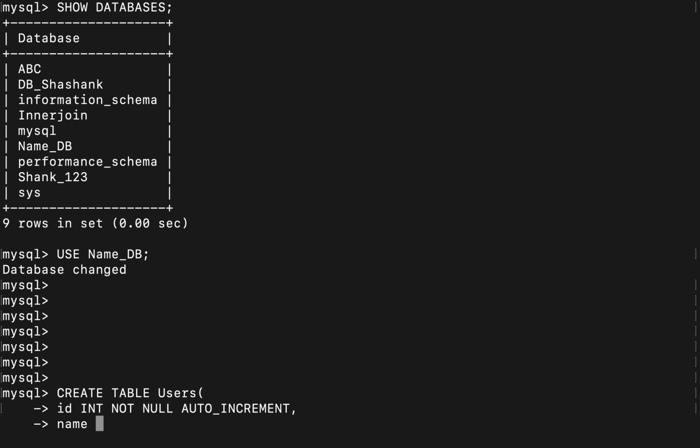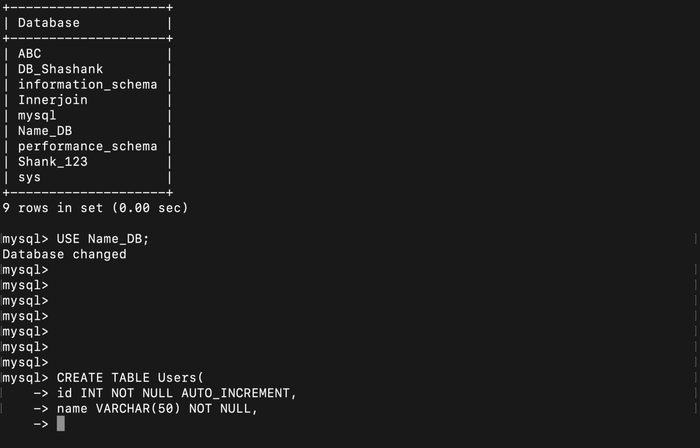The next one is the name field. For name, I want varchar, and I'm putting a size, let's say 50. This is the data type. I'm putting the same restriction, not null, right? And now I'll use one more constraint, which is primary key. Before that, let me explain what a unique key is. We have already seen not null is a constraint which ensures that a column cannot have a null value. Similarly, the unique constraint ensures that all values are unique, but it won't ensure that values are not null. So if you apply the unique constraint, some values can be null also.